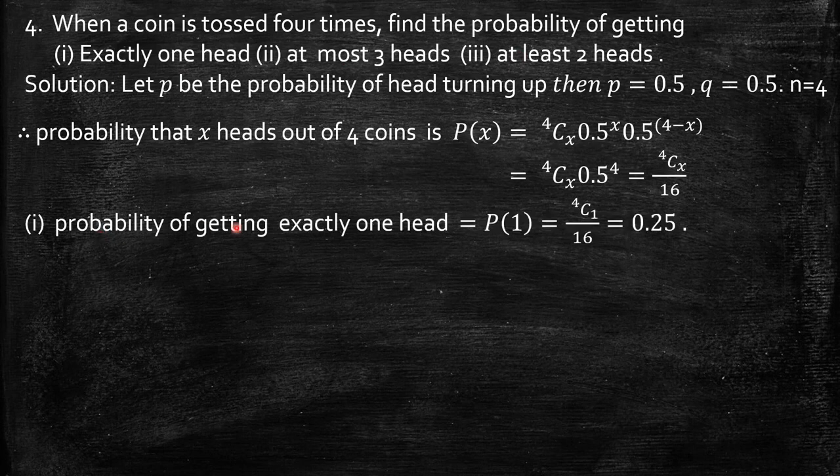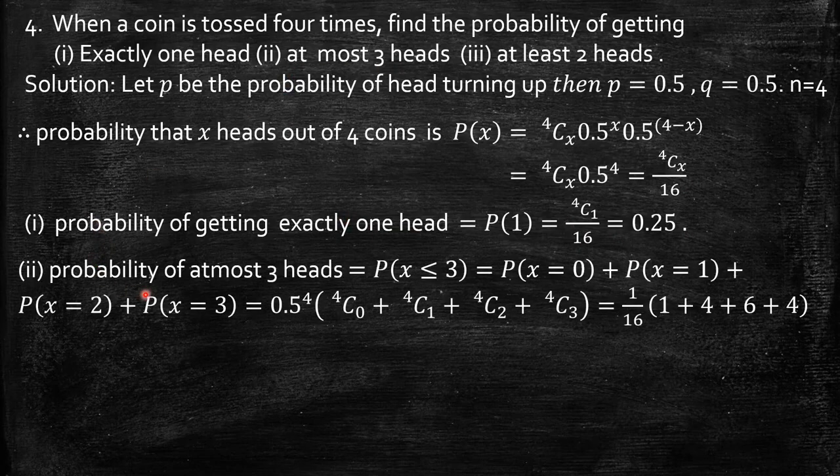First one, probability of getting exactly one head, that means p of 1. Substituting x equal to 1 here, 4C1 by 16, 4 by 16, 0.25. Now the second, at most 3 heads, that means maximum is 3 heads. The probability of at most 3 heads means p of x less than or equal to 3. So we have to add all the probabilities till 3: probability of x equal to 0, x equal to 1, x equal to 2, x equal to 3. Here 4Cx by 16 is p of x, and 1 by 16 is constant throughout. So 4C0 plus 4C1 plus 4C2 plus 4C3, over 16, which gives the answer